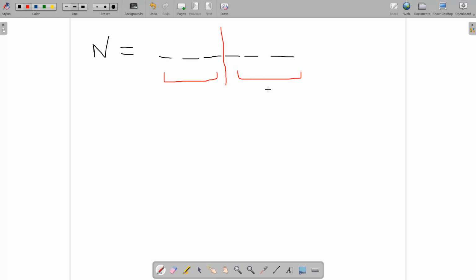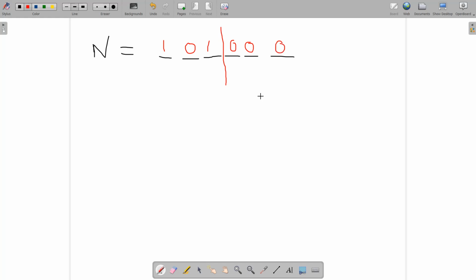For this to be a palindrome, whatever character is present over here, either 0 or 1, must also be present over there. Let's say this is A, and here there should also be an A, then a B and again a B, then a C and again a C. Suppose we have been given some string, say 101 and then 0, 0, 0. Suppose this is the binary representation of the string.